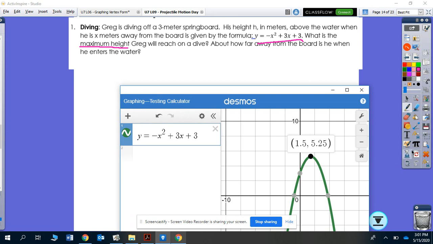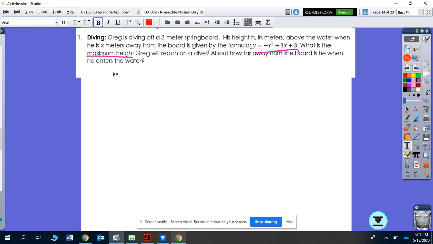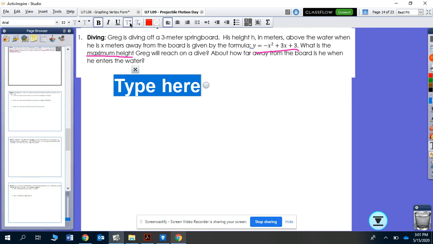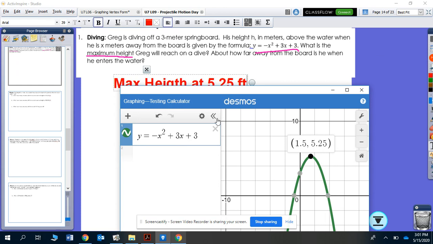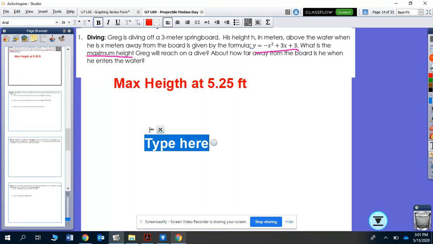So I'm going to type that in here because it's easier to type on this than to write. But our maximum height is going to be that 5.25. That's our maximum height. So max height at 5.25 feet, right? So there we go. That's our maximum height. Now the second question was,